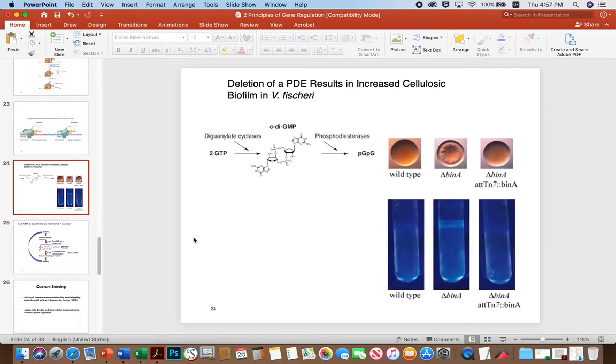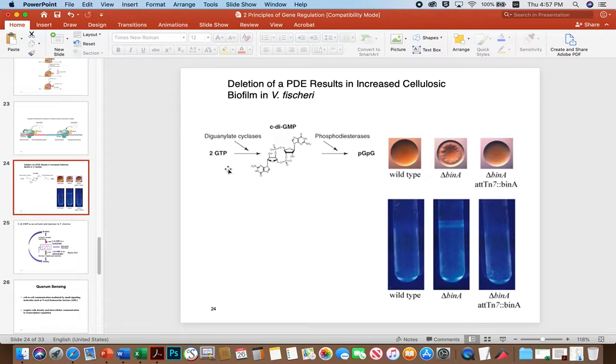As far as the cyclic di-GMP goes, this is a great example. This is just some work that was done in a friend of mine's lab at the Loyola University Chicago Stritch School of Medicine. And so what the Visick lab showed was that